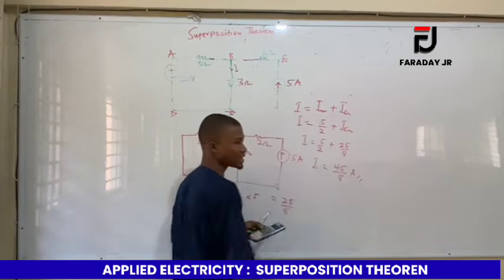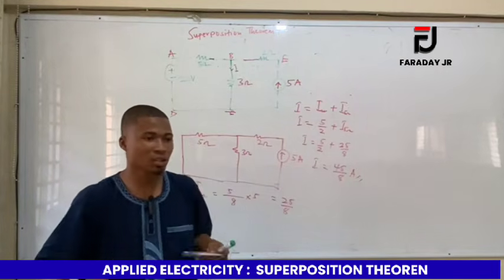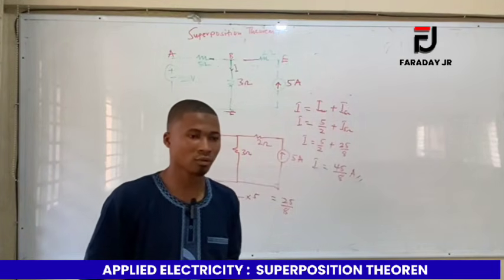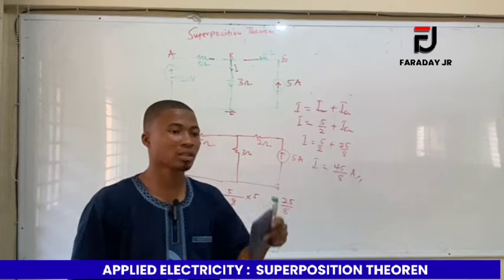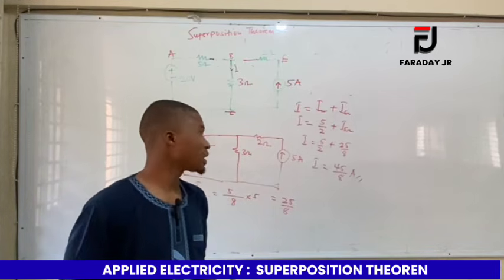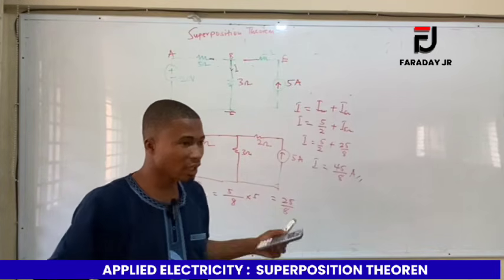So superposition is just about letting a number of sources within a circuit act at a time. And the rule is that if it's a current source, it becomes an open circuit. If it's a voltage source, it becomes a short circuit. After that, you add the resulting